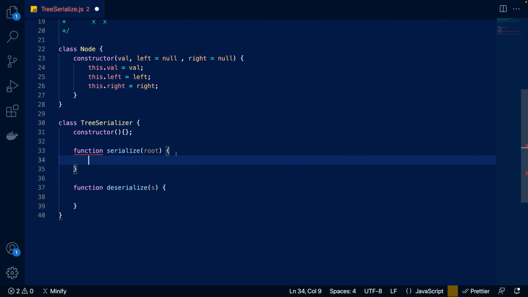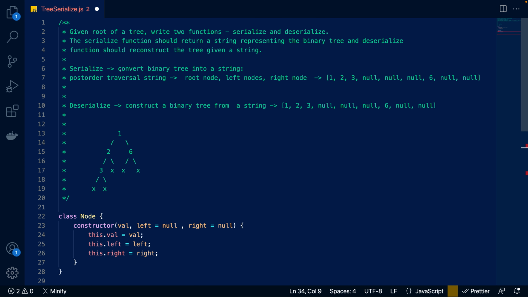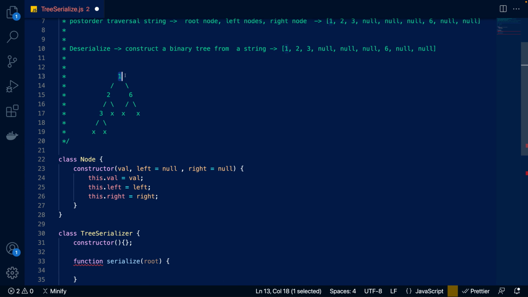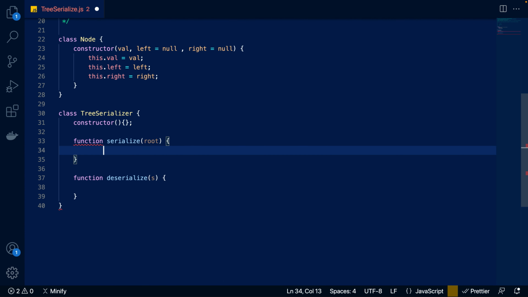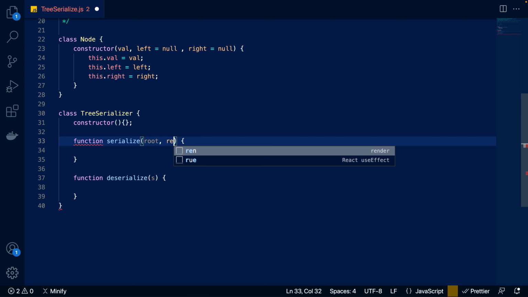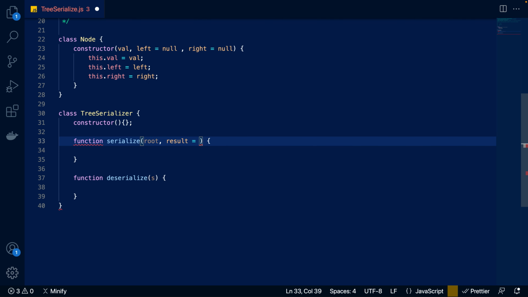So let's start filling in the serialize function. So logically, serialize is nothing but a recursive function doing the DFS operation on the given tree, and the tree's root node reference is given to us. Very simple. By now we know how we do DFS, right? So we just assume that this is the first call in our recursive call, and then we also pass in an optional parameter here,